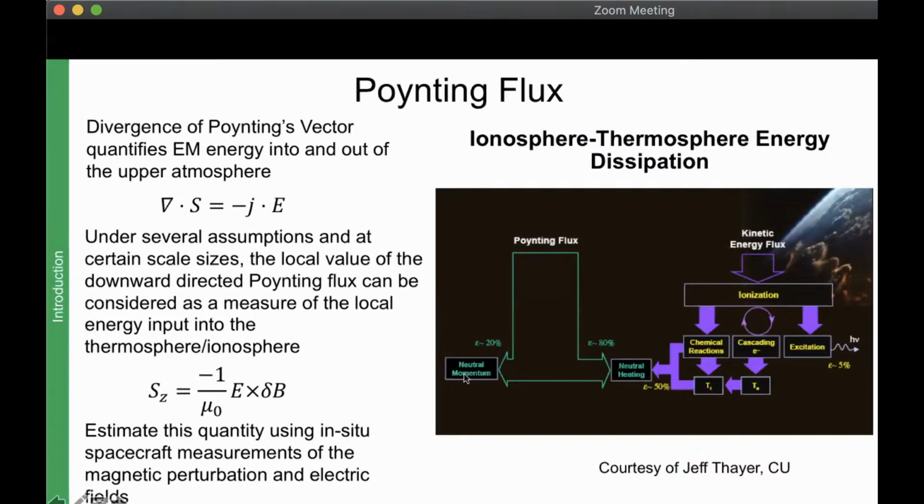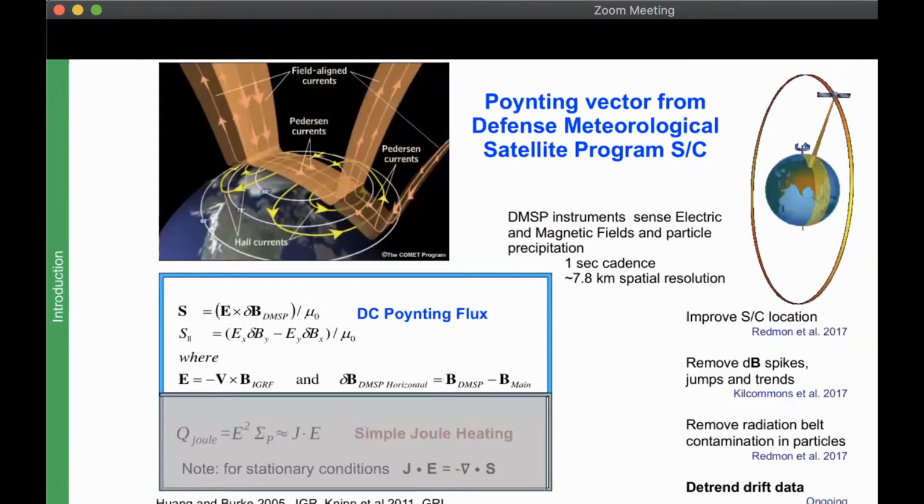It does move the mass in the thermosphere around. So these are two strong reasons for looking at this energy input, especially when we need to think about it in terms of expanded atmosphere for satellite drag. So my emphasis here is going to be on the instruments that measure the relevant input, the electric fields and